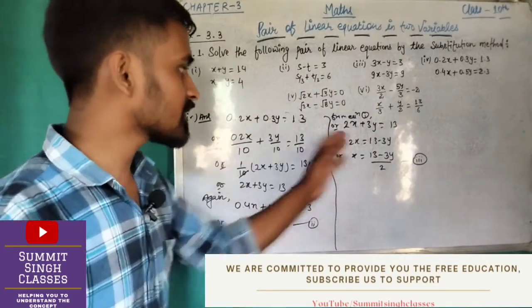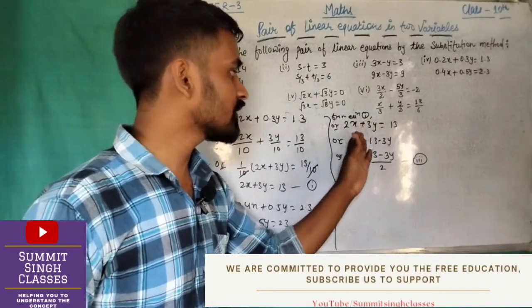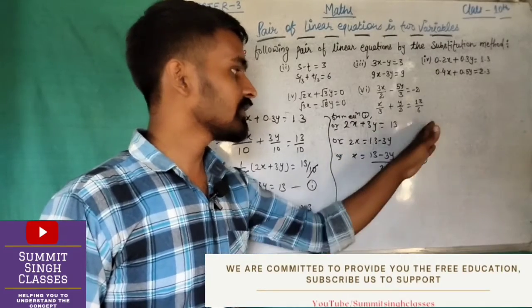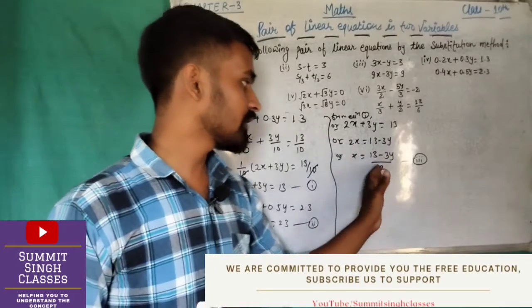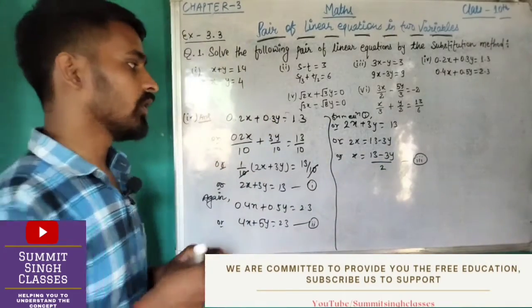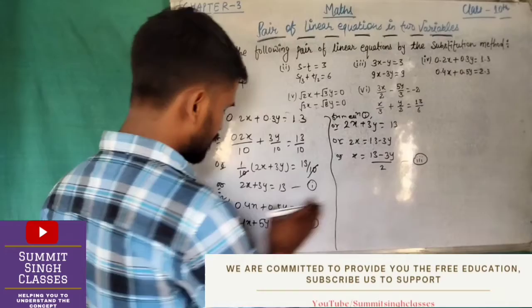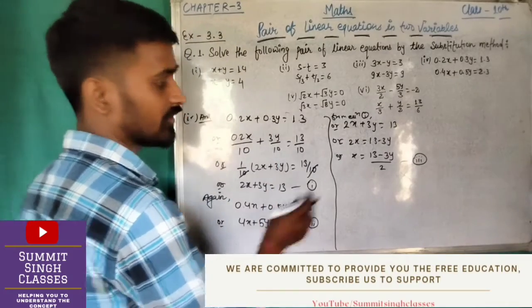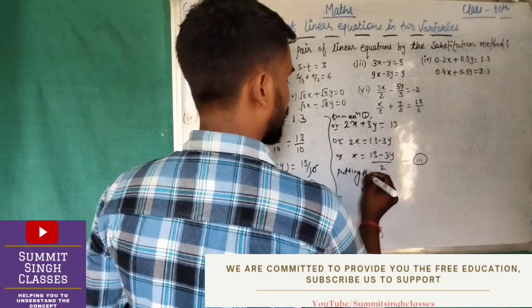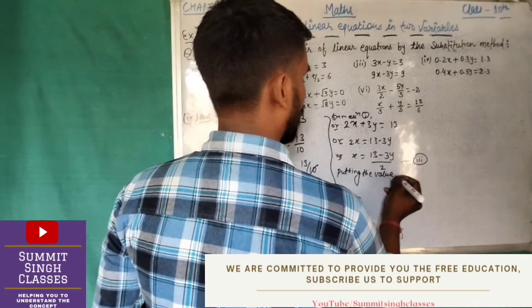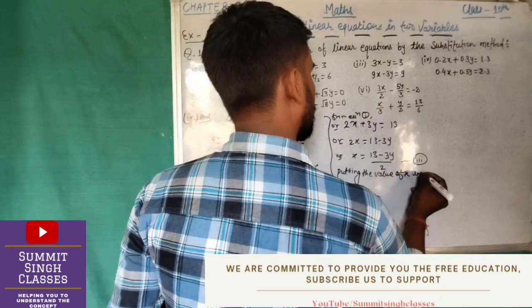ठीक है, क्या था, 2x plus 3y is equal to 13, then we will write 2x is equal to 13 minus 3y, because 3y goes to the other side and becomes minus. तो x will be equal to (13 minus 3y) by 2. अब देखो ये जो x की वैल्यू है इसको हम लोग 1 से फाइंड आउट किए हैं, तो सेकंड में रख देंगे. क्या लिखेंगे, putting the value of x in equation